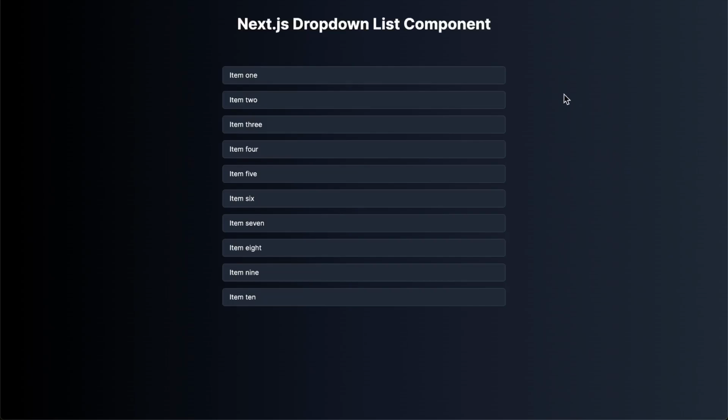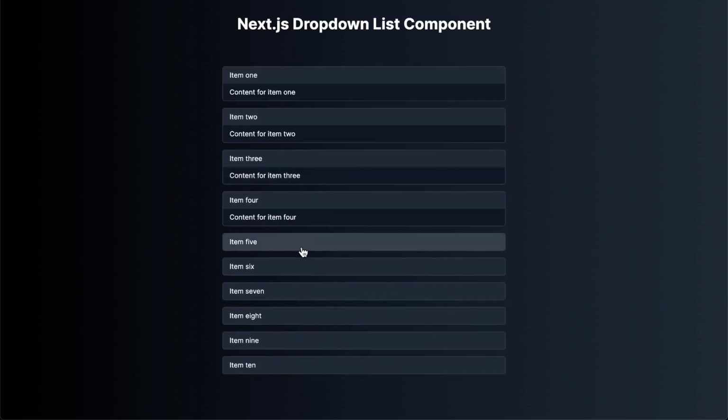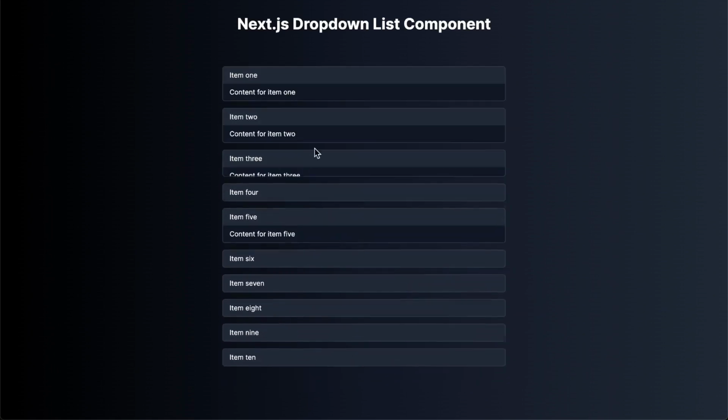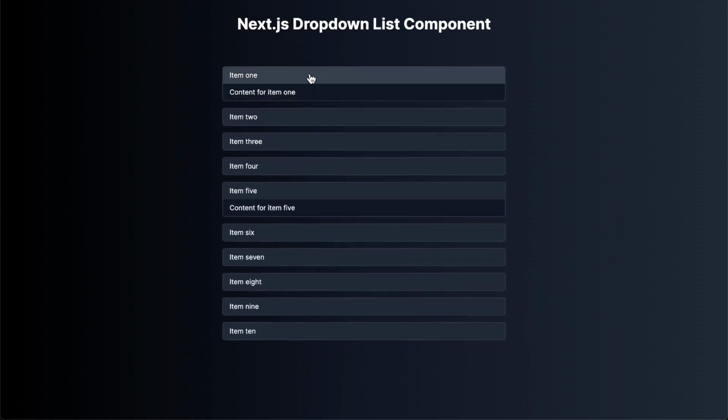Today, you're going to learn exactly how to build a sick drop-down list component using Next.js, Tailwind CSS, and of course, React.js. So what we're going to build here is basically a list of drop-down items in which each item is going to have a title, but then when you click on the items, you're going to see the content of the item itself. And we're going to have this nice little transition effect here to where it eases in